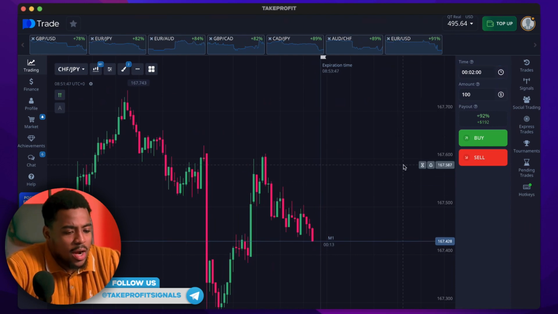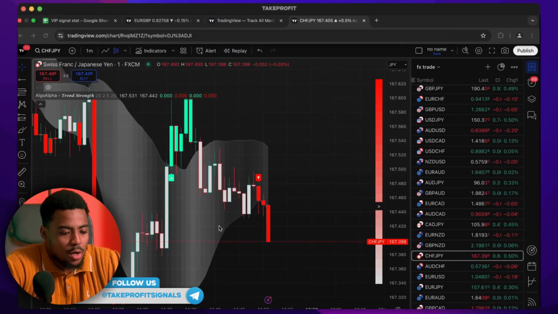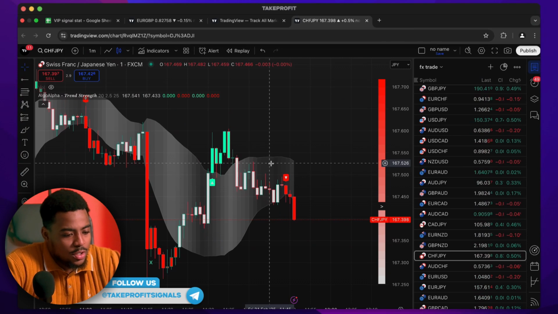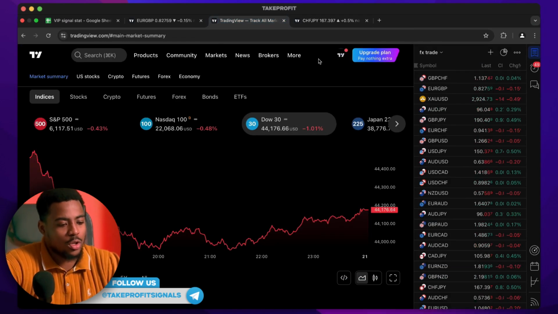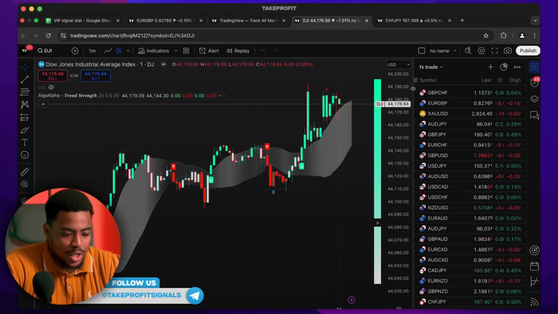For 2 minutes, I will gradually tell you in general where we are going to start today, how to trade with this tool, and why it is so cool. First, we need to create a free account on the TradingView platform. Once you have created one, you open any chart to full screen, and the most important thing here is to